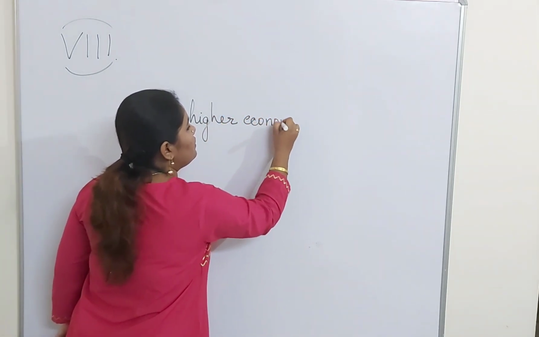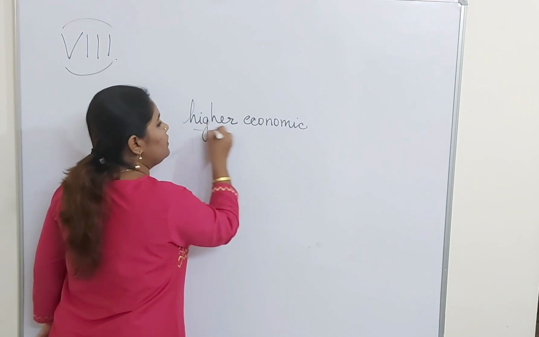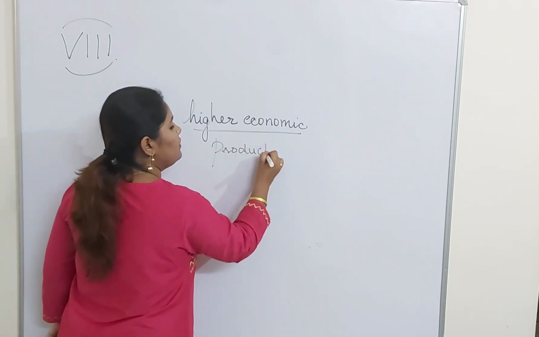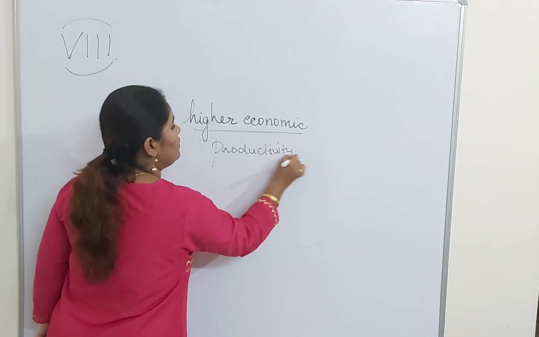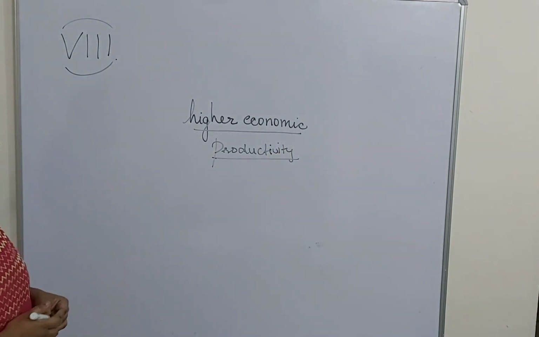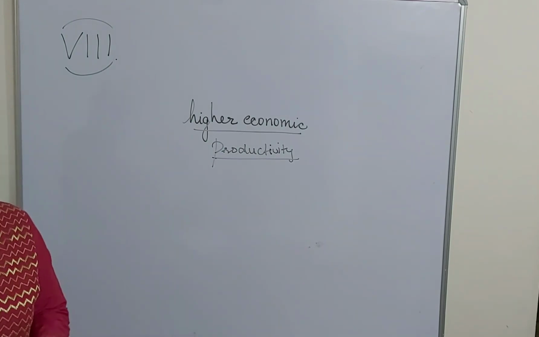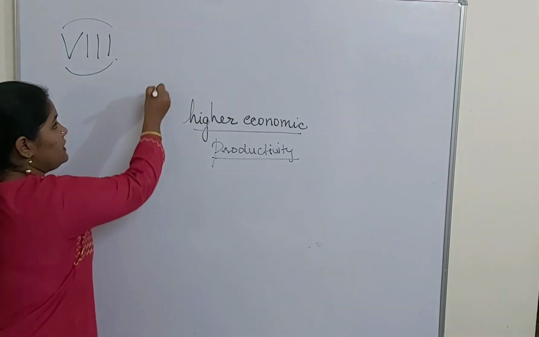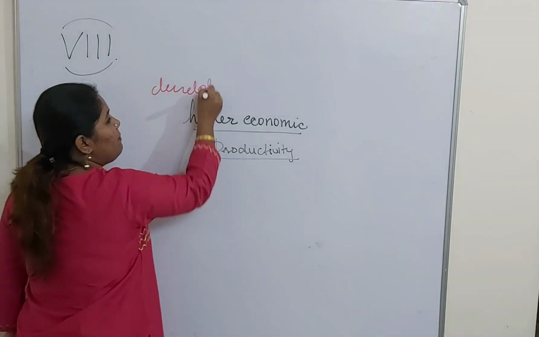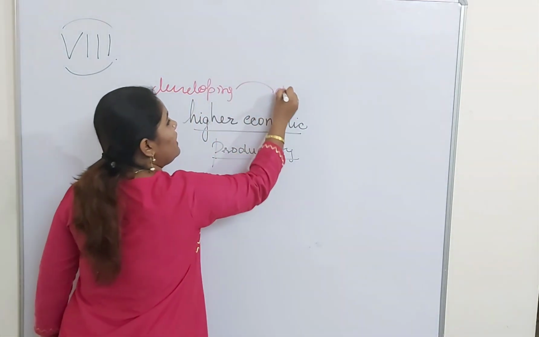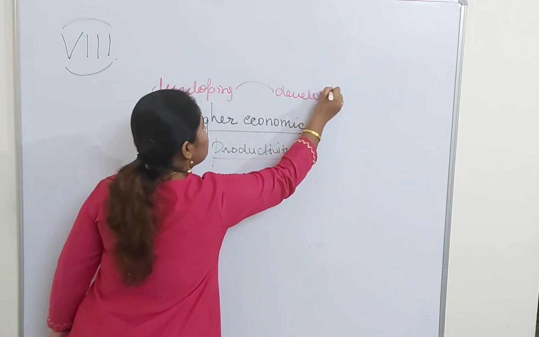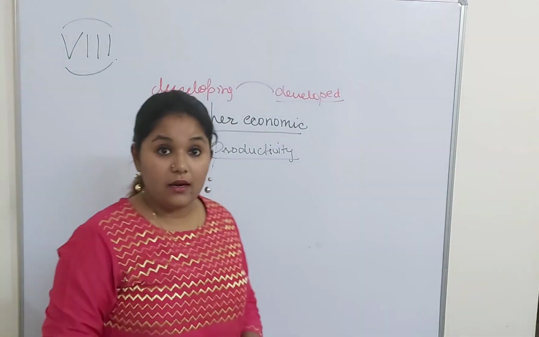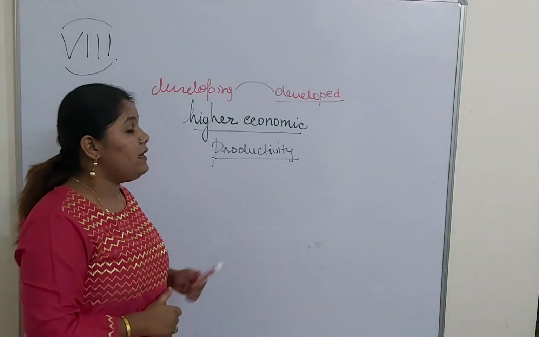Higher economic productivity. When we are talking about higher economic productivity, we are talking about those methods through which a country can transform itself from a developing country to a developed one. That means India, which is currently a developing country, should adopt all these methods to convert itself into a developed